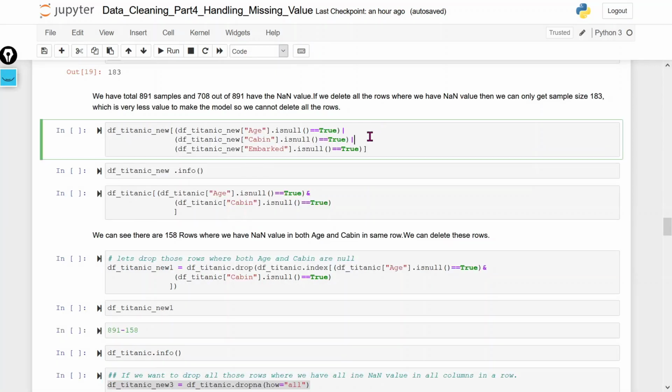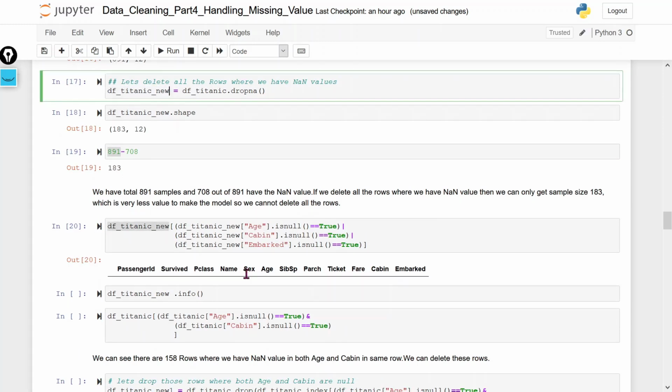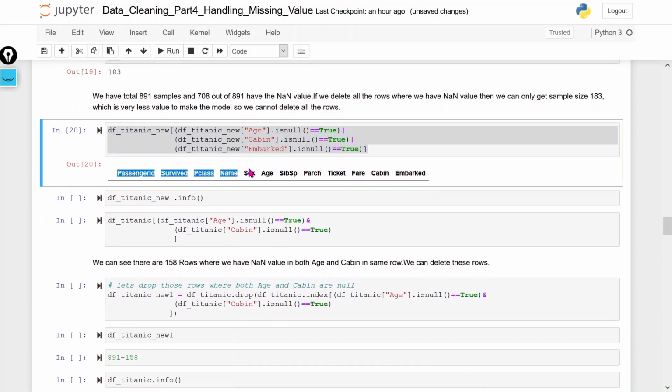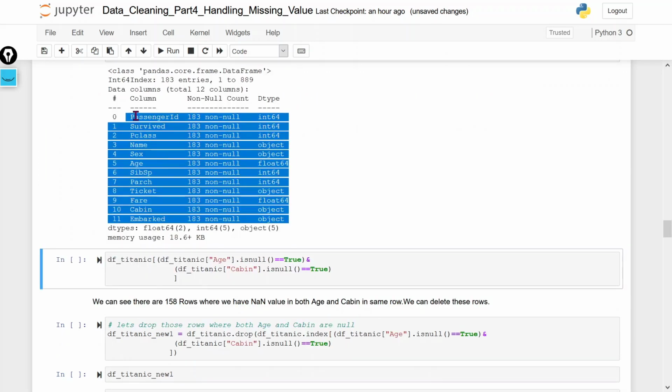So now what I am going to do is check in this particular data frame whether we have any null values or not. So what I did, I used the OR condition, age or Cabin or Embarked, where null value is equal to true. So this way we can check whether we have any null values or not. We can see that in the output we are not getting any samples. So this way we can verify that there is no null value now. So here we can also check there is no null value I am getting.